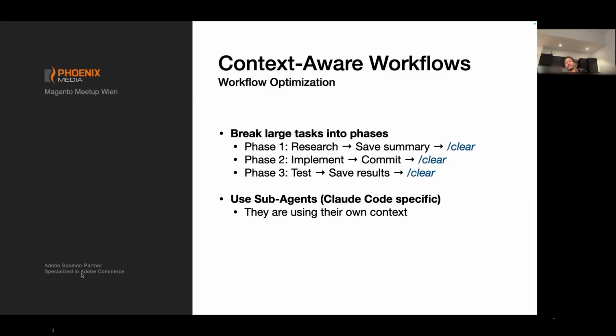Maybe you don't want to stay in it. You say exit in Claude, and then you're out of it, and it also clears the session. So it totally makes sense. But following this approach, you will most likely never end up with a full context, especially when configuring the MCP servers you're using beforehand.